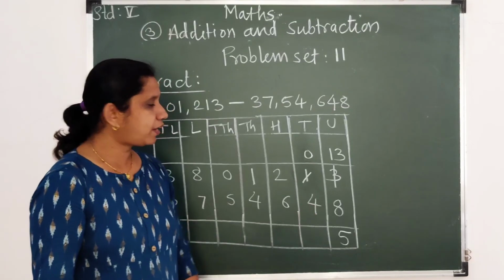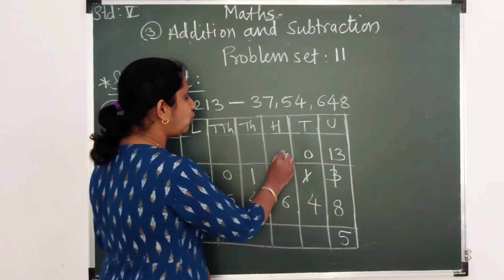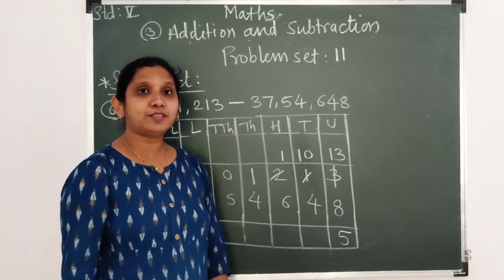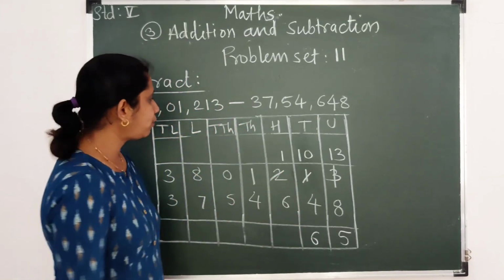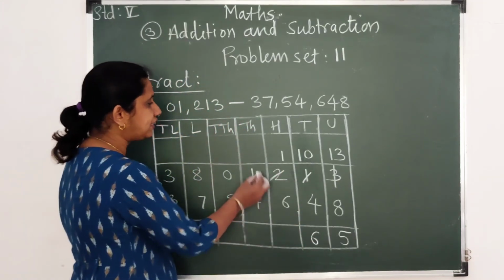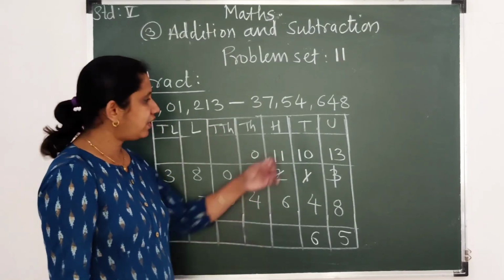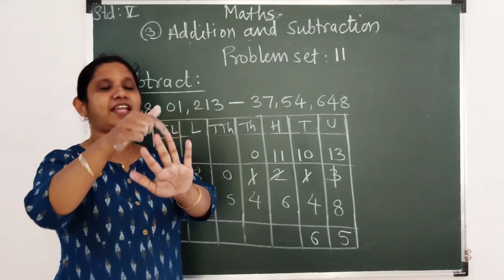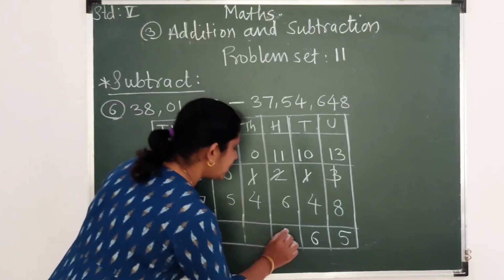Now we have to subtract 4 from 0. Not possible. Go to hundreds place. Cancel 2, will remain 1. This number becomes 10. Now 10 minus 4. Yes, it is 6. 1 minus 6. Not possible. Go to thousands place. Cancel it. Right here 0. Hundreds place, this will become 11. 11 minus 6 now. 7, 8, 9, 10, 11. How many fingers? 5. So our answer is also 5.